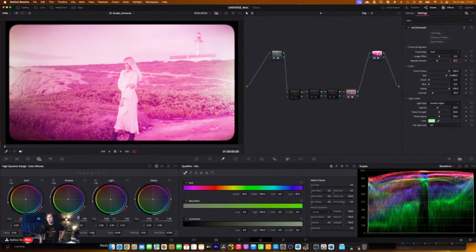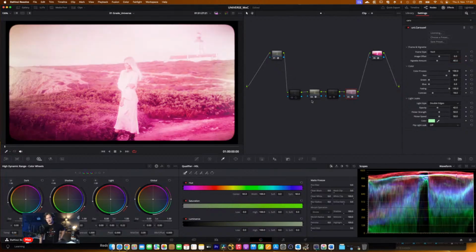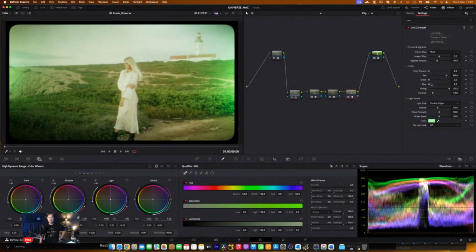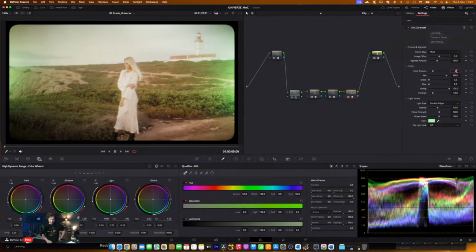I don't want to use the color control because I already created the looks before. So we can just put it to 0. Or perhaps something like that. Just a very teeny tiny amount of color control. And perhaps